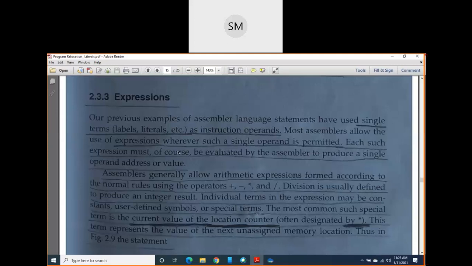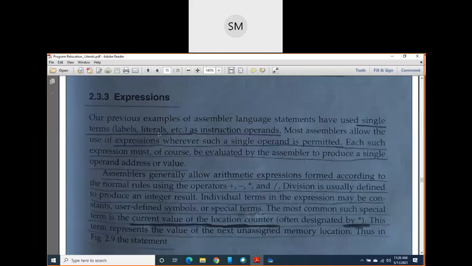Just remember, whenever our instructions use single terms, for example labels, like STL RETADR, which is one label, or literals, as you know from the previous section: equal mark C'EOF' is a literal, and equal mark X'05' is a hexadecimal constant, which is also a literal.